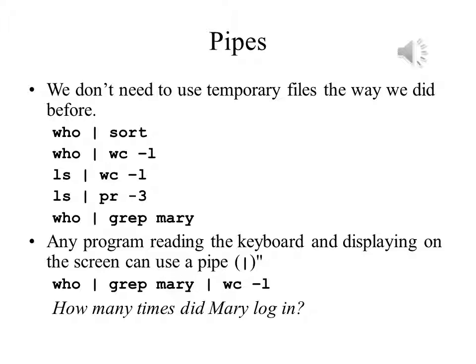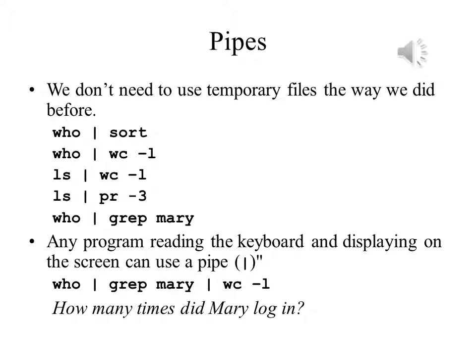As you see here, I can write who, a vertical line, and then sort, or who, a vertical line, and then wc -l, or ls, vertical line, wc -l, or ls, vertical line, pr -3, or who,